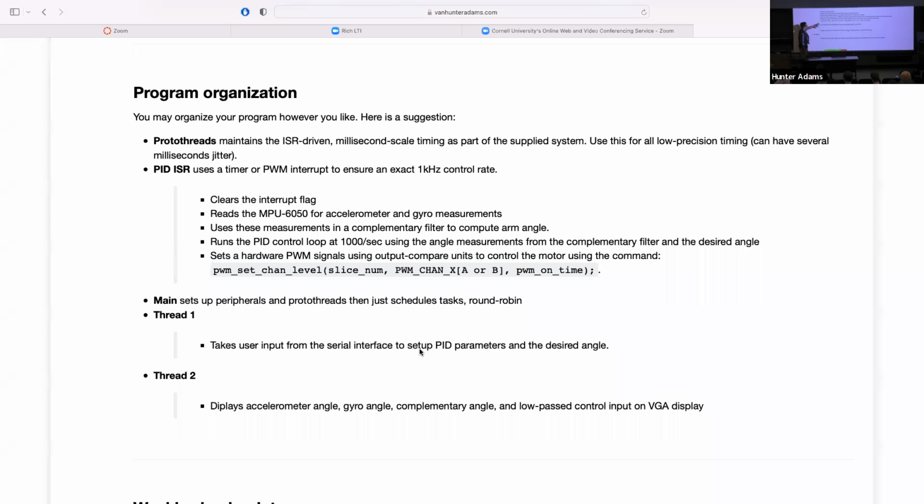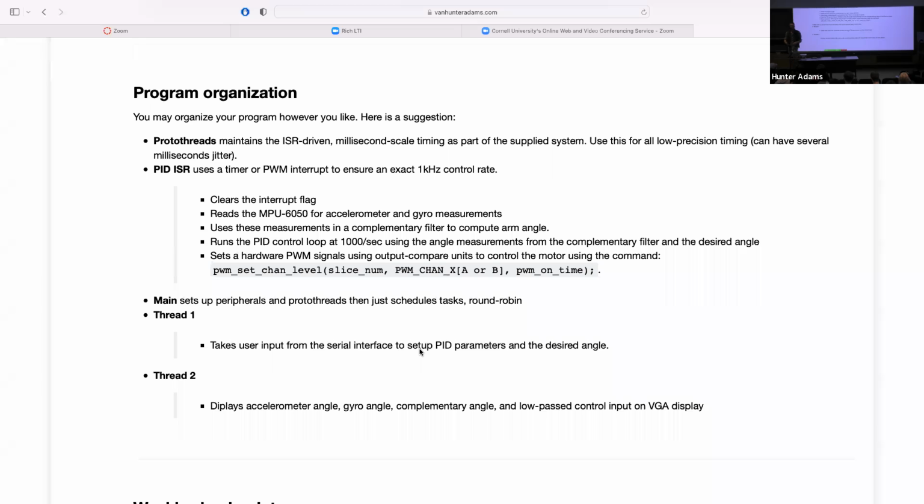So you'll have one of your threads that's doing all the VGA manipulation, and then you might have another thread that's taking user input. You're asked to build an interface that allows the user to change all of the PID controller gains dynamically. We haven't had a deep conversation about PID controllers yet. That's going to be next time. But in particular, you'll be asked to be able to change the proportional gain, the integrator gain, and the derivative gain from a command line, just so that you can debug and tune your controller quickly.